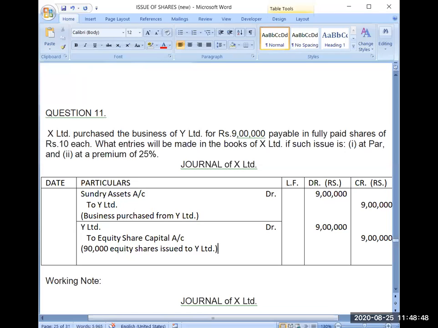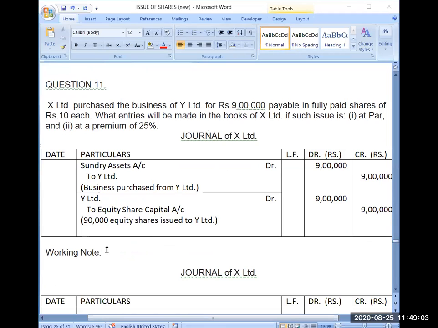So in this way, your question will get complete. Yes, till here it is clear. Working note you can show here